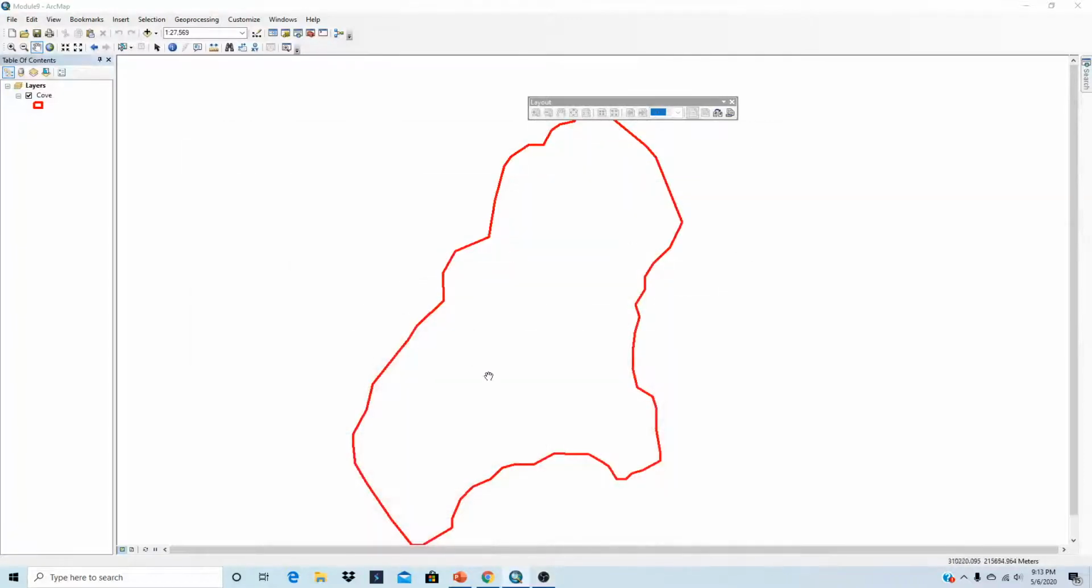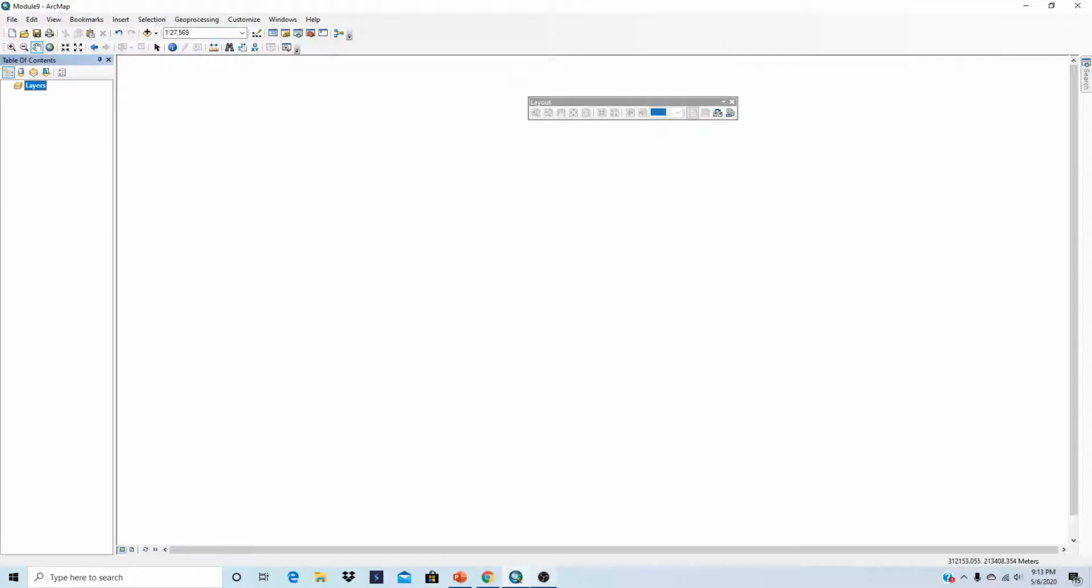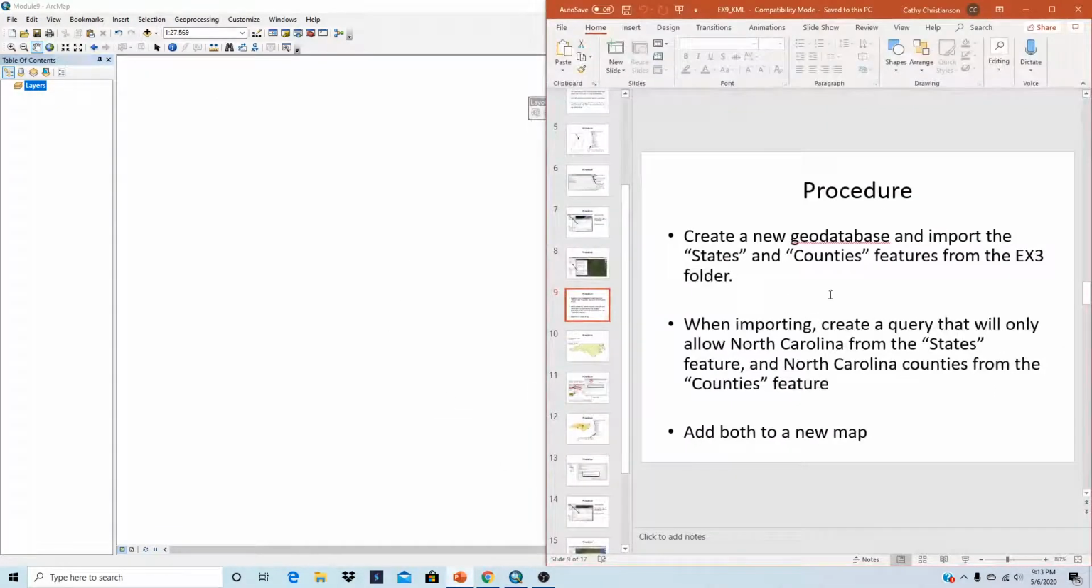Okay, so I'm going to pick up here where we were last time. I left off with the cove. I'm going to actually remove that, and then I'm going to pick up the PowerPoint. So it wants us to create a new geodatabase and to import the states and county feature from our existing